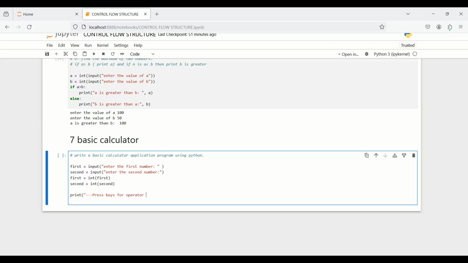Press keys for operator: plus, minus, multiply, divide, modulo operator, floor division, and then exponent, which is power operator. So guys, there are 7 arithmetic operators in Python. And then close bracket,